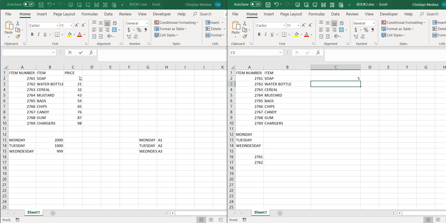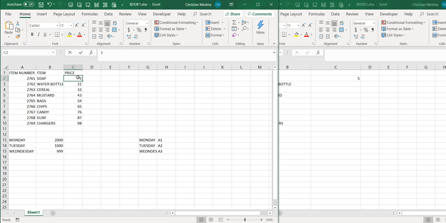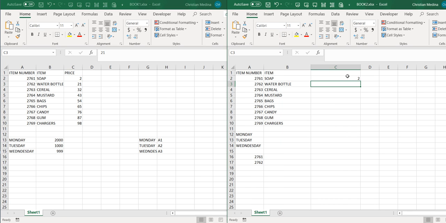Now as you can see guys, the price matches with whatever we have on the left. So 5 and 5 right here. So let's say that the price is just gonna be 2, so you don't have to copy and paste, you have to just type 2 right here and it changes on the right side. Now we're gonna do another example